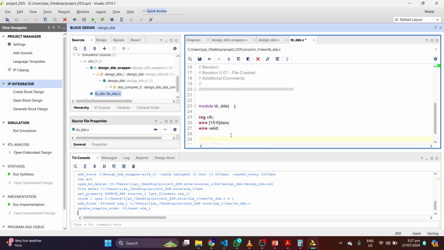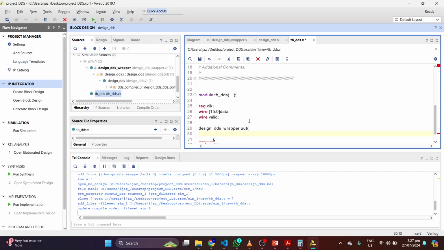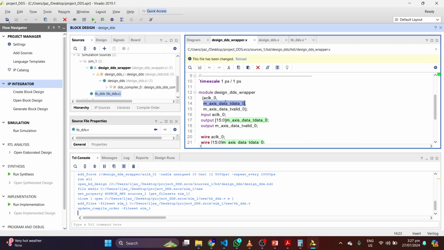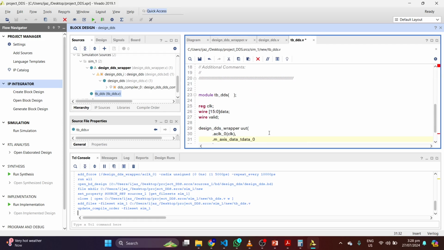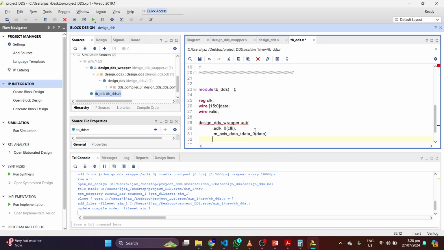I will call this module. This is my module under test. I will keep the parameters, which is clock. Clock will be called with this clock signal, and there is data, and data is replaced with the data signal, and there is valid, which will be replaced with this valid signal. Okay,